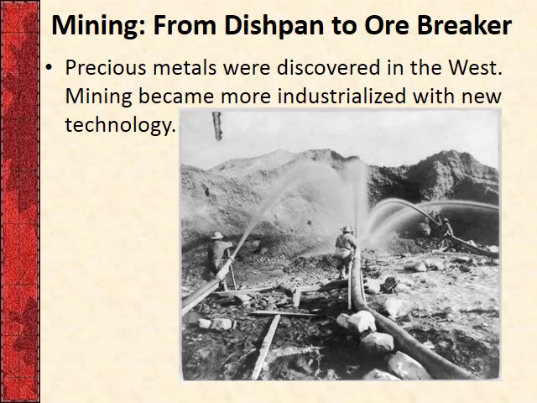But you can see here, it's not just a dude in a pan anymore, knee deep in a river. What they do is they kind of industrialize. Remember, we're right in the middle of the second wave of the industrial revolution, and it happens in mining as well. So they have these huge pumps and these huge hoses, and obviously they're using lots of dynamite. They blast a hillside with dynamite until it's a bunch of rubble, and then they use these massive hoses and just blast the water into this now rubble, and it washes away all the rock